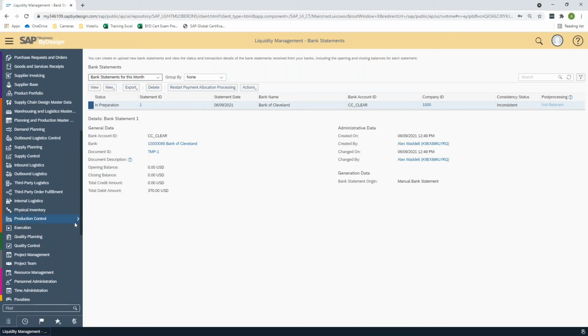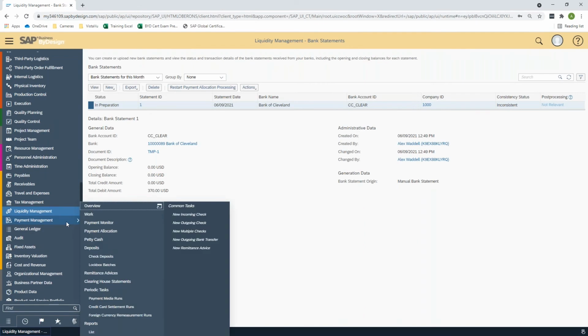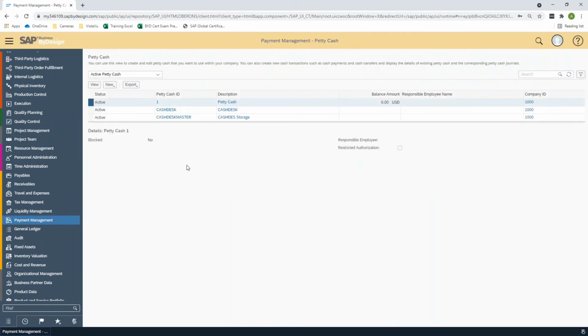So let's get into the petty cash. I'll navigate to payment management, go to petty cash. I already have some petty cash set up here. As you can see, the balance amount is 0. But if I go back to my statement,